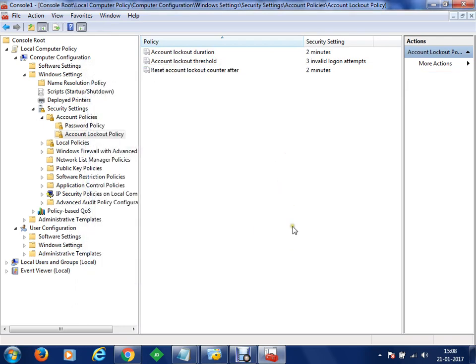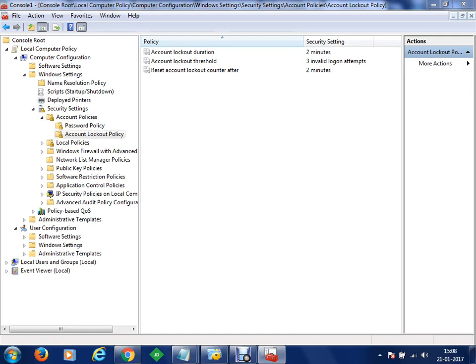Now, so we have got a policy set. Now in case somebody tries to guess our password, let's just lock the window here, and now let's say I try a bad password and press enter, password 1, then 2, then 3, then 4, and now you can see that the referenced account is currently locked out and may not be logged onto.